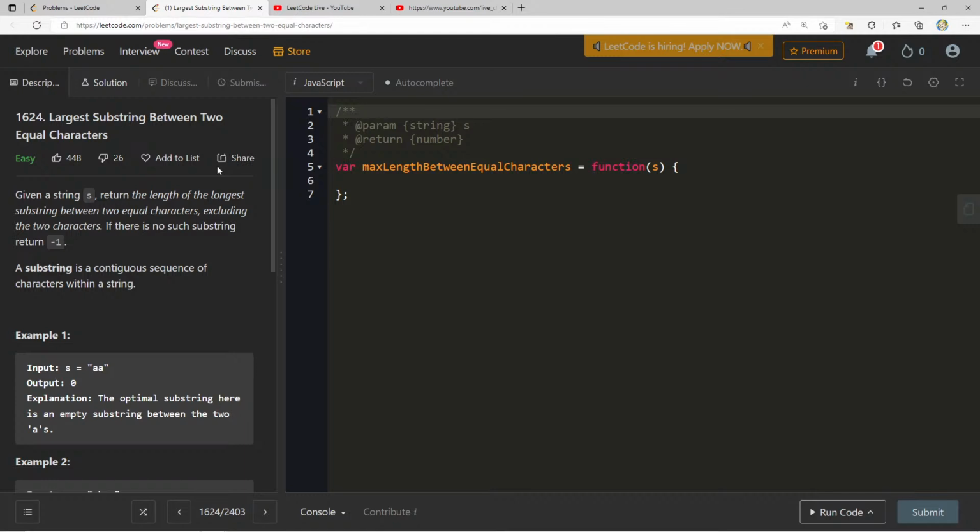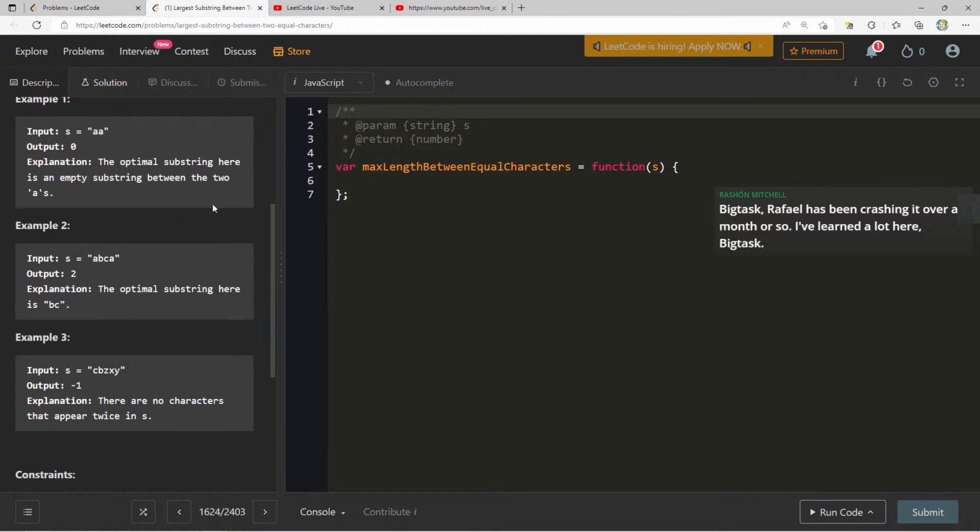So given a string S, return the length of the longest substring between two equal characters, excluding the two characters. If there is no such substring, return -1. A substring is a continuous sequence of characters within a string. So optimal substring here is BC, CBZ, XY. Okay, so